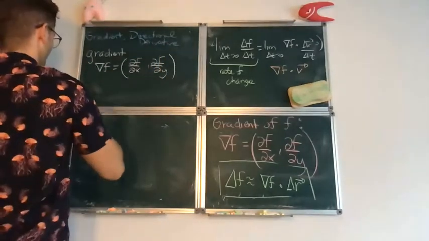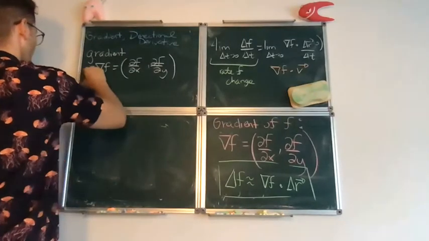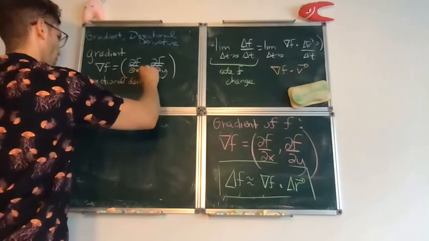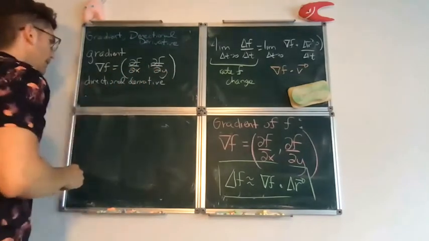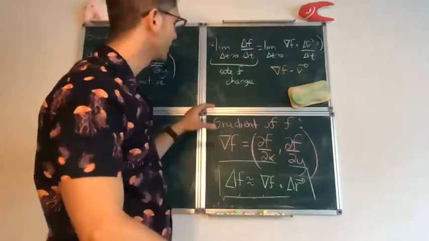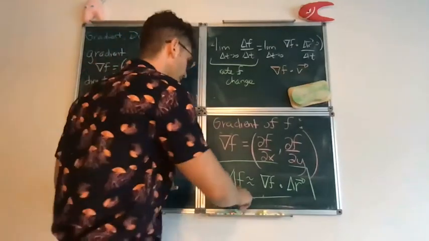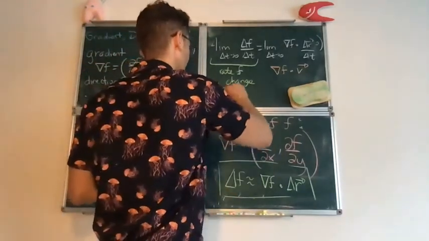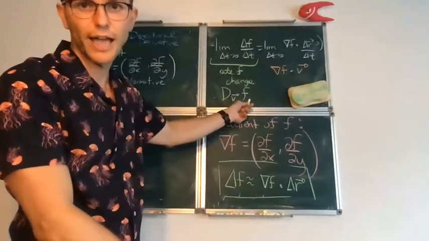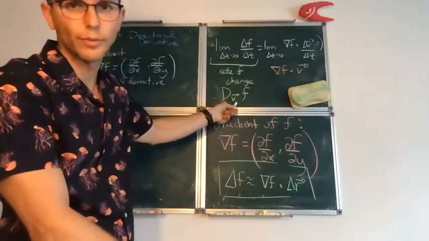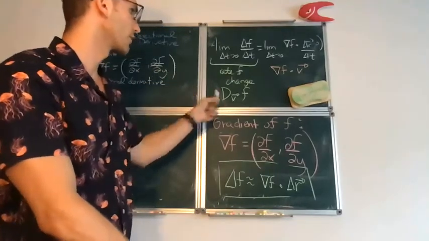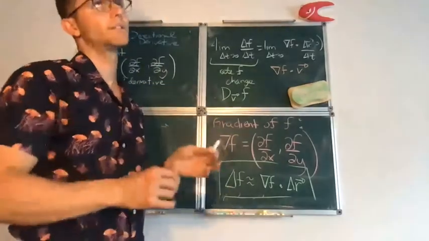And then the directional derivative is really this rate of change, but in order to have a good notation for it, what you typically write is something like this. So that means the rate of change of the function f when you move in the direction determined by the vector v. Now, it's convenient that we work with a vector v that has unit size,